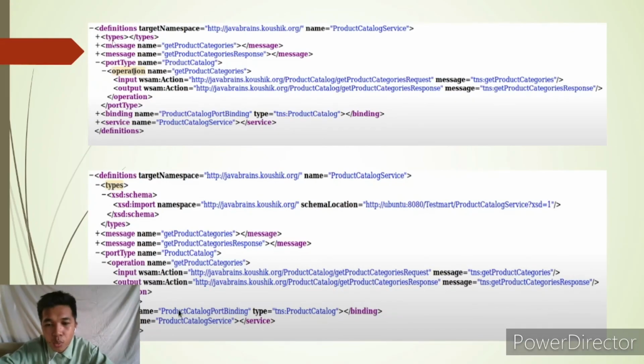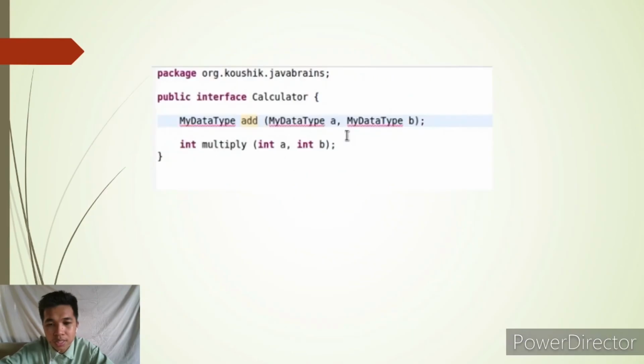To understand what type is here, let's go back to our interface. This is a simple add method with the MyDataType class, passing in objects of MyDataTypes. This add accepts these two objects, adds them both, and returns an object of MyDataTypes.